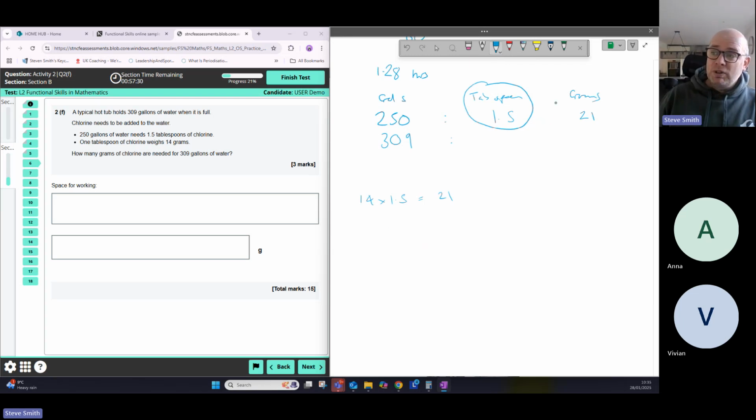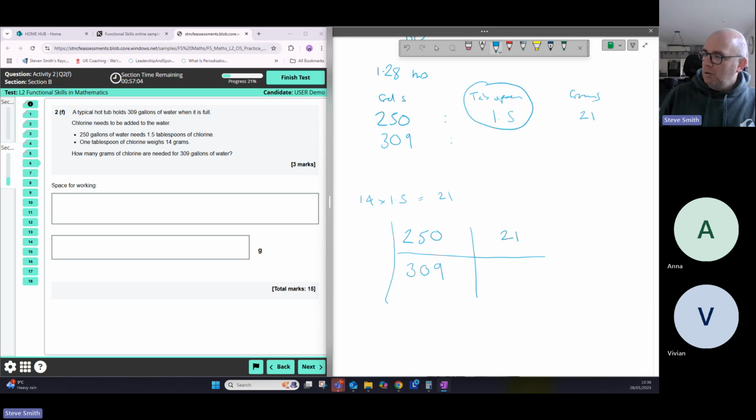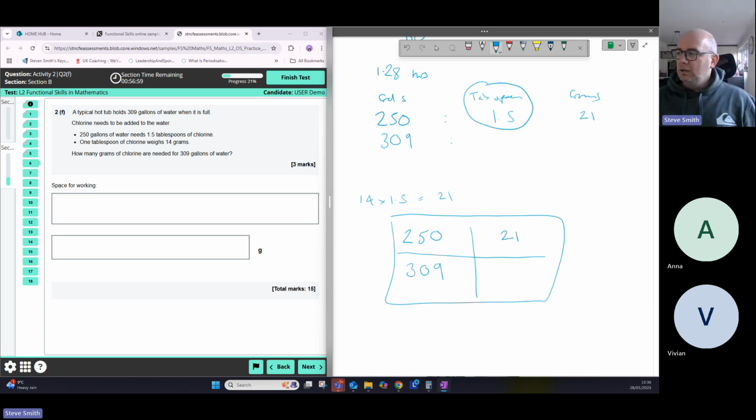You could even do it in spoons, couldn't you? You could say, 1 tablespoon is 14 grams, so we could have worked it out that way. But we've now been given, if we think about that primary school window that I sometimes draw, we've got 21. And then we know that we need 309, and we've got our window here. So if we think about how we're going to do it, 250 needs 21,